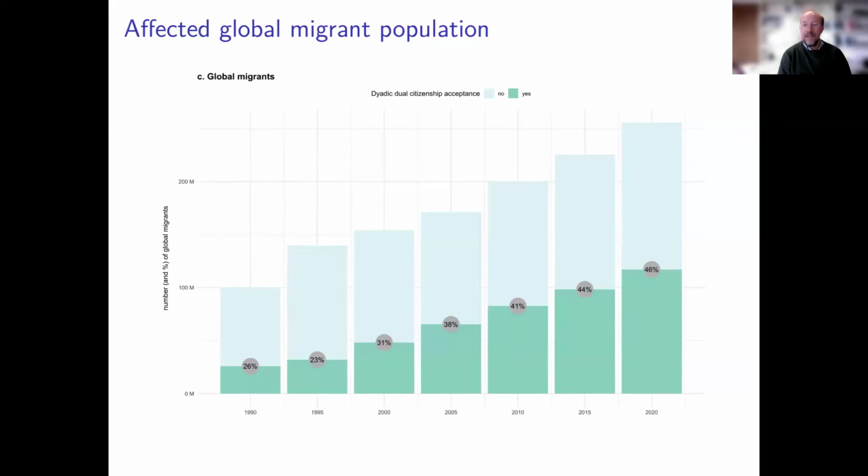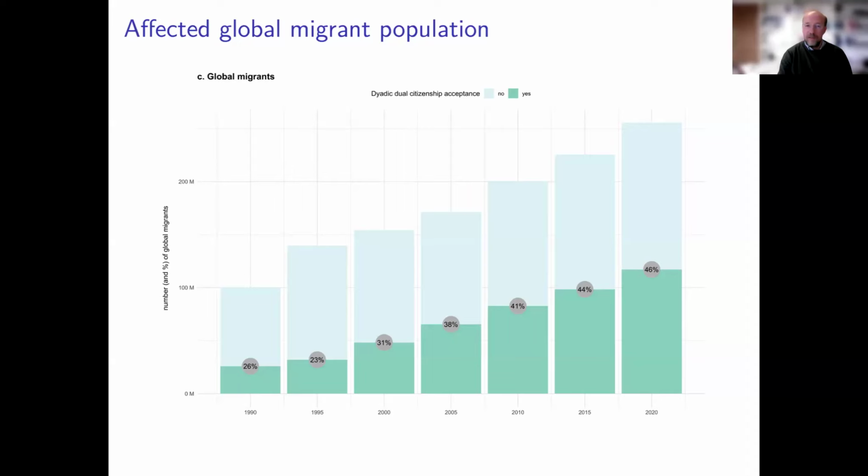In this plot that you see here, we link to UN data on migrant populations. Now, of course, how you measure a migrant is controversial. But here we use the UN data, which is delivered by countries to the central level data collection, which captures about 250 million migrants around the world in 2020, increasing from about 100 million migrants measured in the 1990s. Right? So these are people who are registered as migrants with the authorities in the countries where they reside.